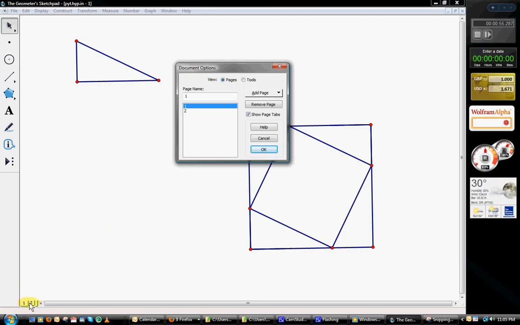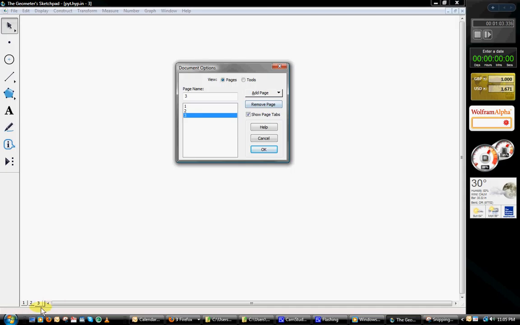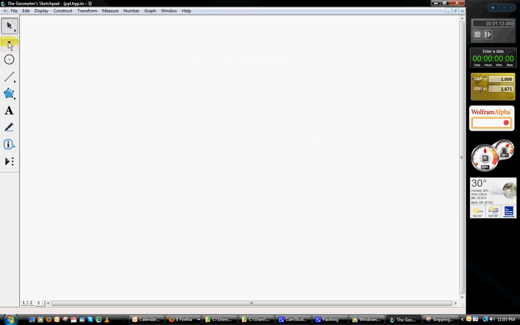This will not show up if you don't have a second page. Once you add a page, you'll see that tab shows. And in this particular case, I have 3 of them up because, well, I just did this a second ago and I screwed it up. So anyway,